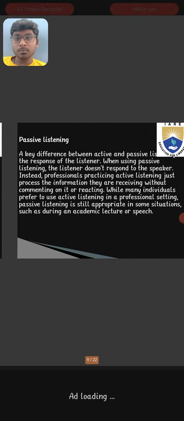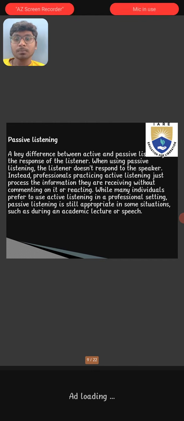Individuals who are actively listening often nod their heads and respond to statements with words that show they are listening, and use other forms of body language to convey they are fully engaged. This form of listening not only helps individuals retain more information from their conversations but also gives the speaker a more positive impression of the listener's ability to pay attention to their words.